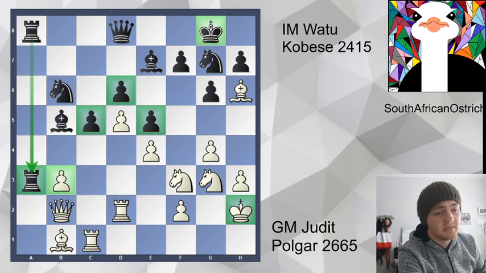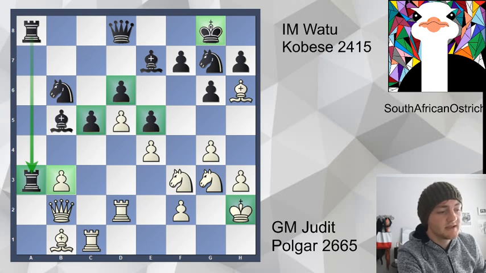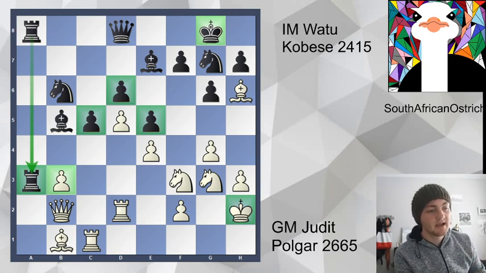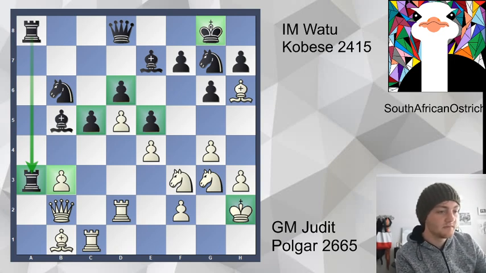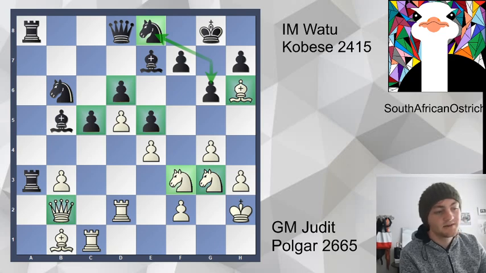We see black has got the a file. Black's king is relatively safe as well, and a better pawn structure. The b3 pawn is very weak. So yet again, I think this game has gone a bit awry for white now. So it's in this position that black actually decides he's going to play for more, knowing that there's a lot to play for now. Knight e8, deciding not to trade down the knight for the bishop, because now this bishop